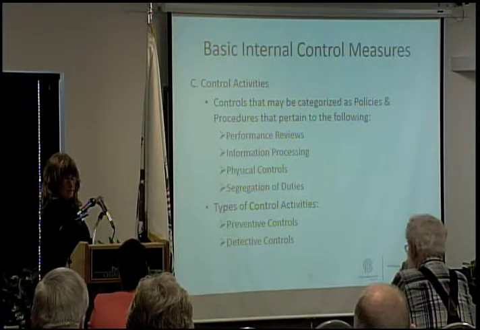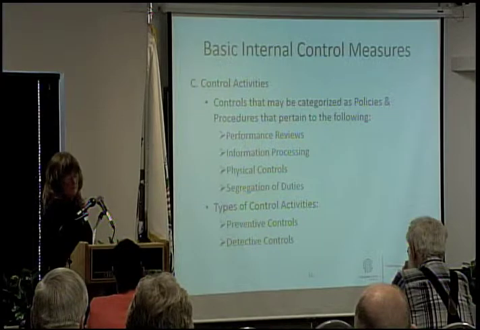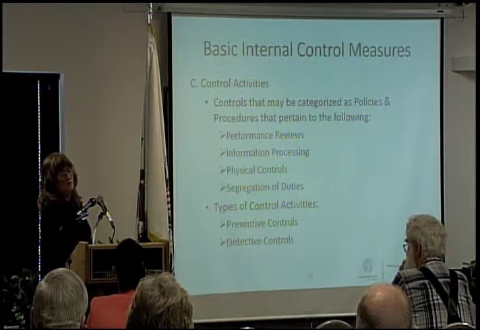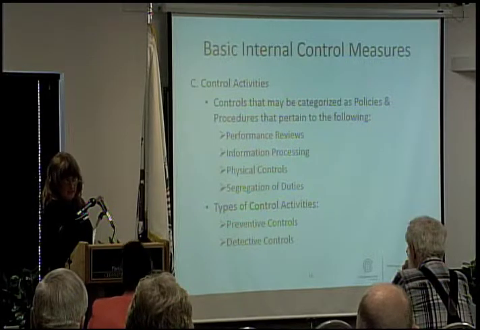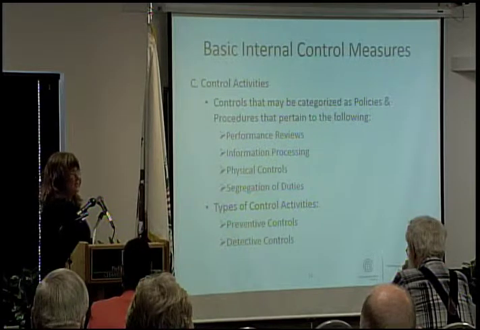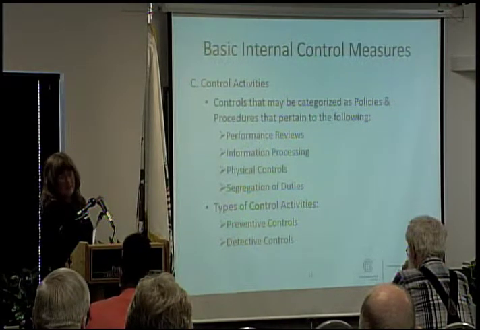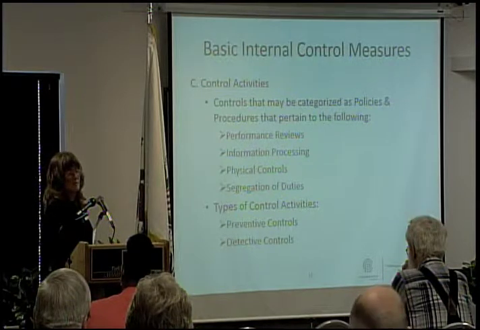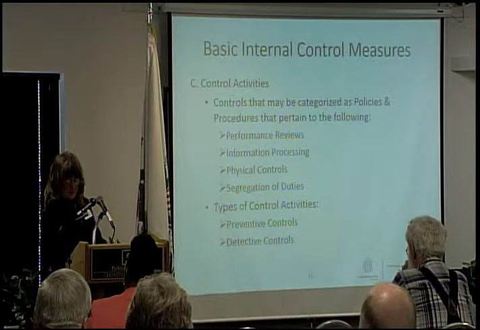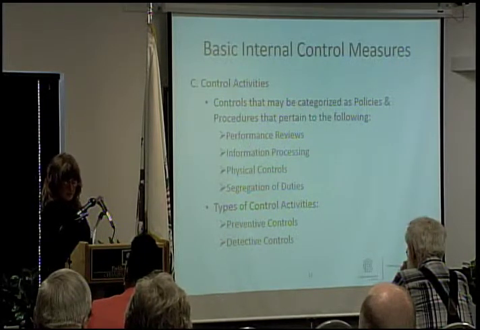Physical controls, locking up cash, source documents, ensuring that source documents can't be tampered with, making sure that there are no missing numbers in your source documents, that your POs are numbered, and that you're not missing any, and if they are, they've been voided. Ensuring that items are stamped as canceled. That's a good internal control for the physical control. Taking inventory counts of your assets, like we talked about earlier, will help detecting if fraud has occurred or if theft has occurred. Those are good physical controls.